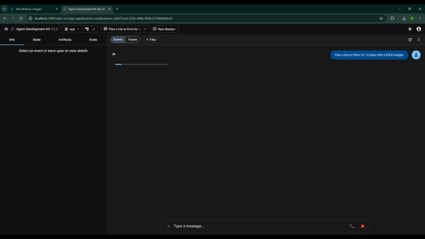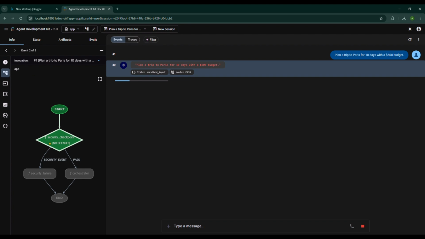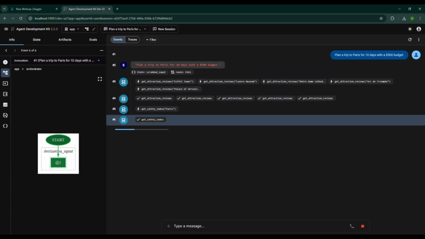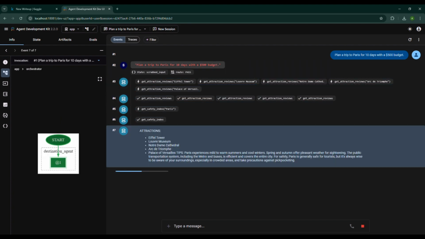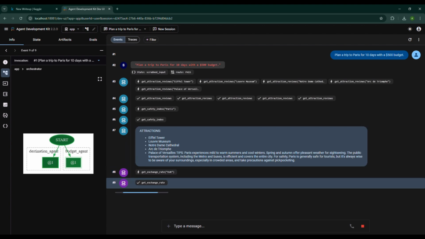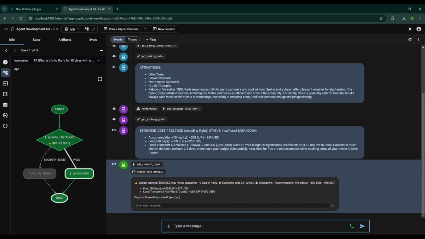Let's try. Plan a trip to Paris for 10 days with a $500 budget. Pause. Here, the budget advisor estimated the cost to be much higher. Instead of failing or silently proceeding, the agent pauses and asks, "Do you still want to proceed?" Yes/no. I can type yes to get the plan anyway, showing how a human remains in the loop for critical